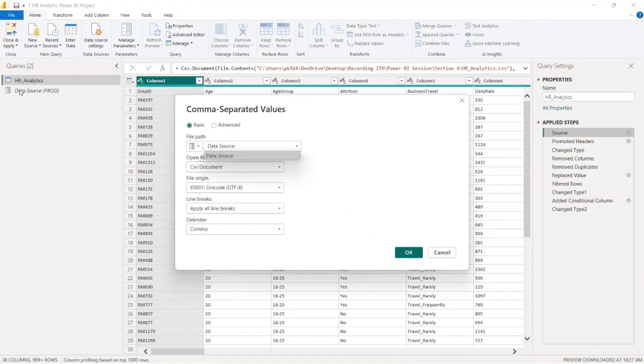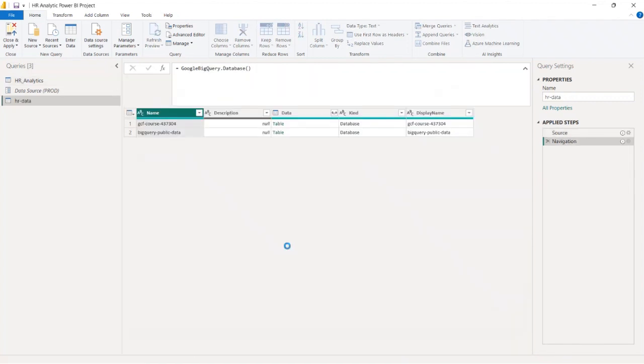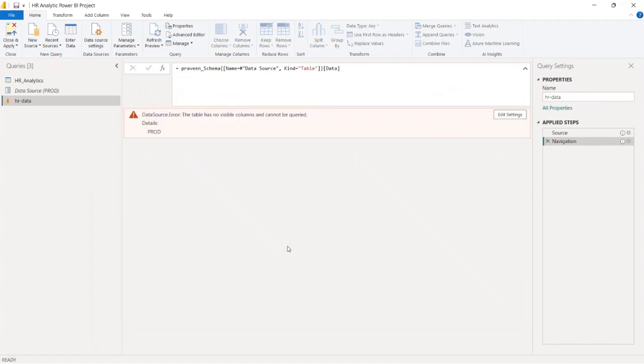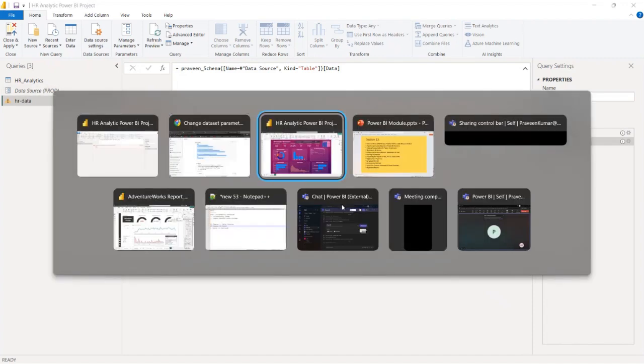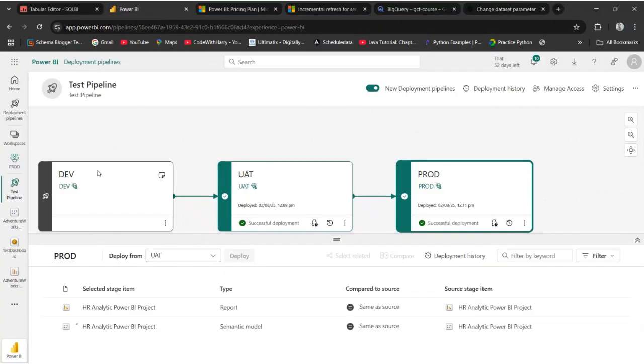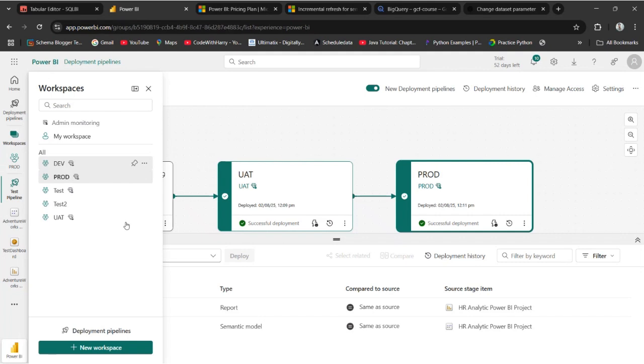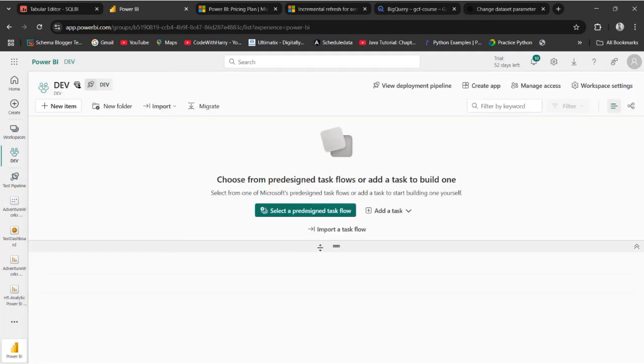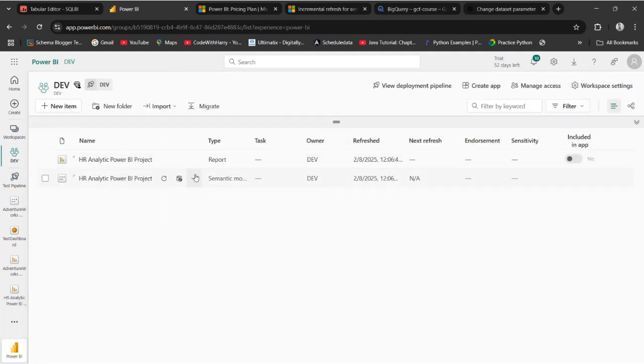This is my parameter data source. You need to select this data source. For example, I have selected this data source. So when you do this and publish your dashboard into the Power BI service, then what is happening here in Power BI service? If you go there, in the workspace, you need to click